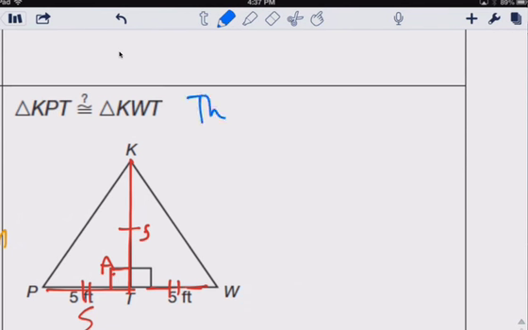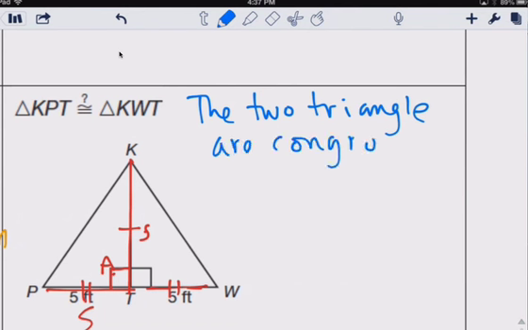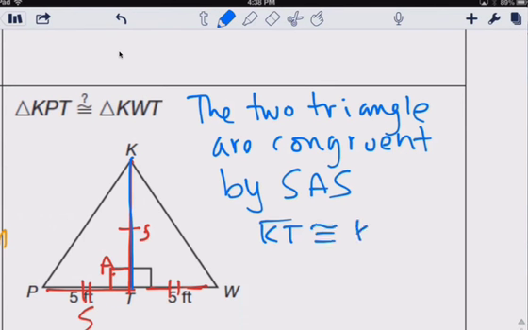The two triangles are congruent by side-angle-side. Okay, and then we prove it. Okay, KT, line segment KT, is congruent to KT. Hey, that's an easy one. It's the same shared line. Okay, then